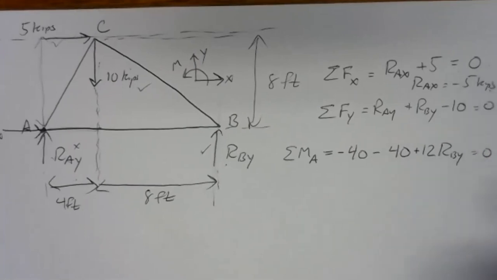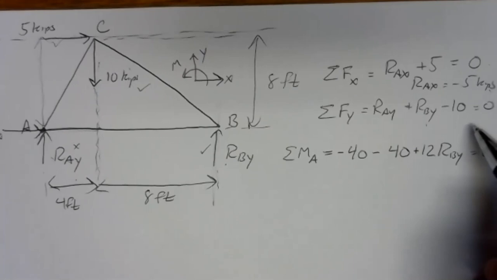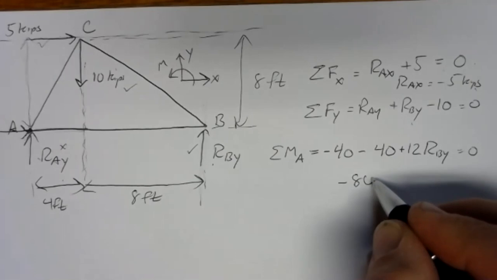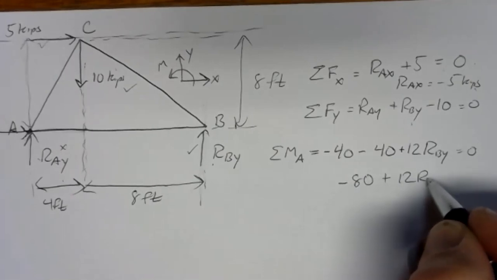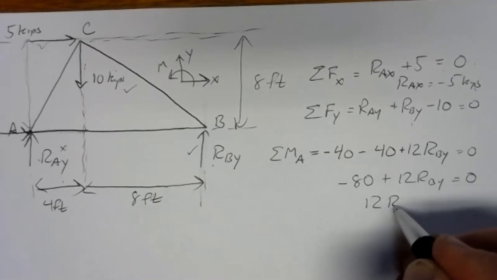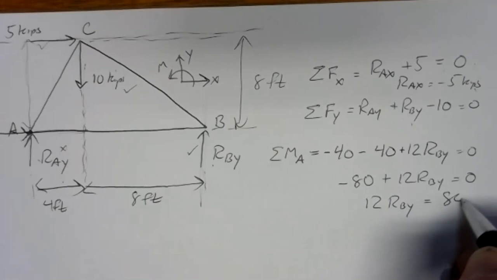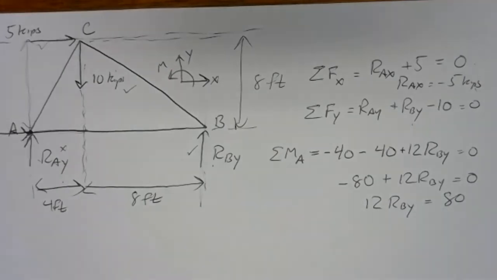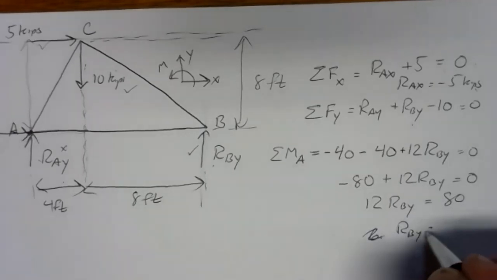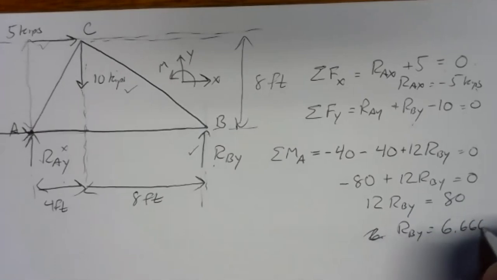negative in a moment. We can't deal with the y direction equation just yet, so we'll go to the moment equation. If we simplify that out a little bit, we've got negative 80 plus 12 RBY equals 0. Add 80 to both sides, we've got 12 RBY is a positive 80. Divide both sides by 12, and we have RBY is 6.6667